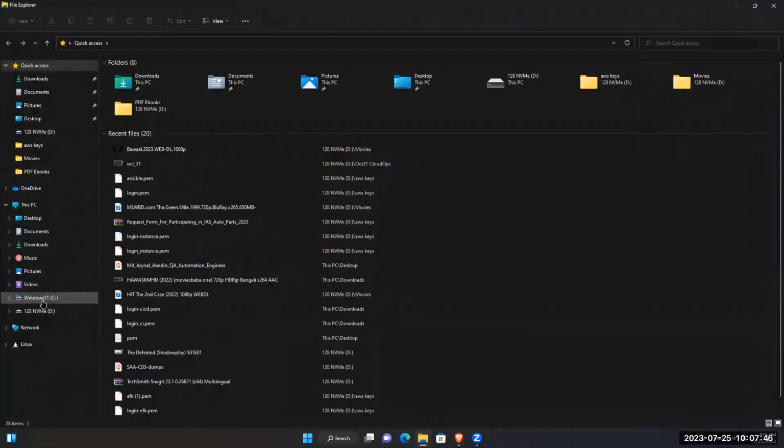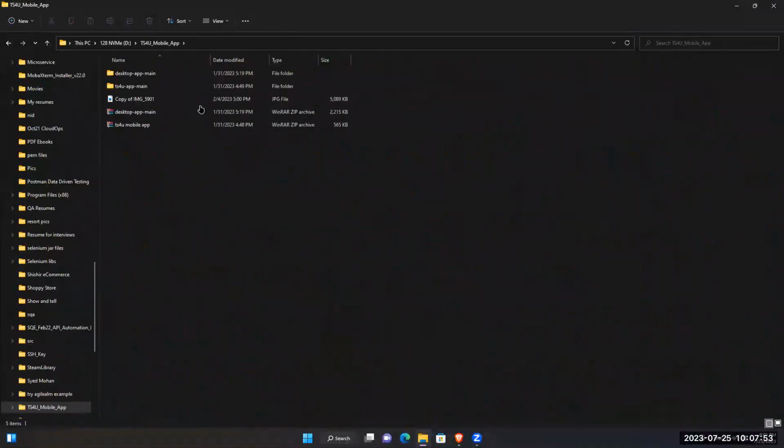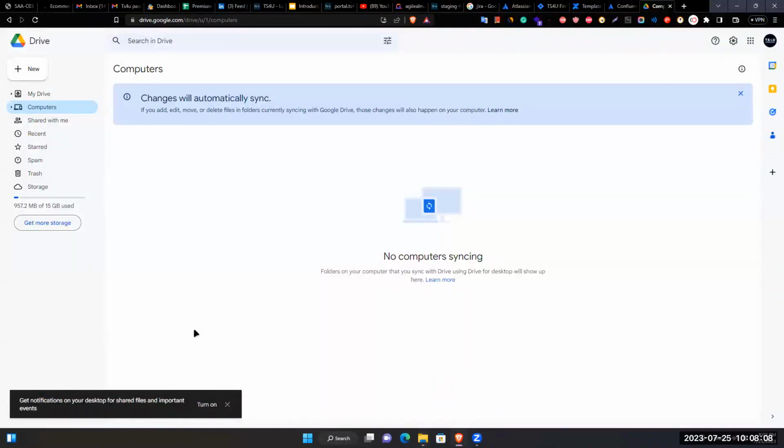In this local computer, in this folder, the stage for a mobile app, I want to sync it with Google Drive. So every time I update something here, if I add any folder or any file here, it will sync and automatically upload here. You don't need to do this manually.